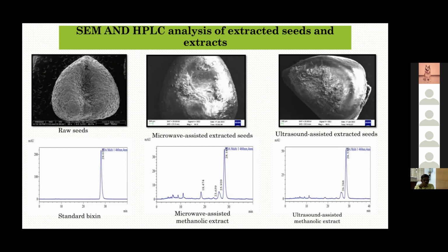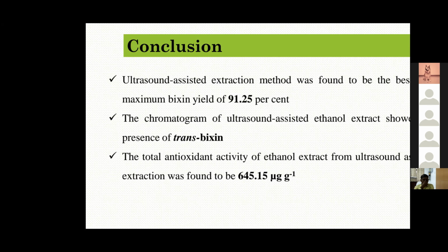From the HPLC chromatogram, we can see that the ultrasound assisted extract has a retention time of more than 28.5, when we compare to the standard bixin of 28. The trans-bixin is obtained, which is a standard and stable form of bixin, which can be utilized for all purposes without any microencapsulation or any other things. So the conclusion of my study is that